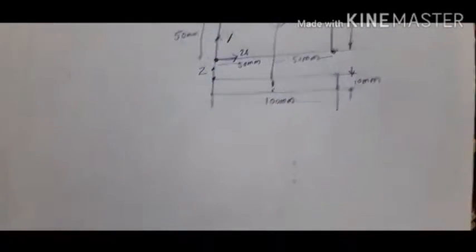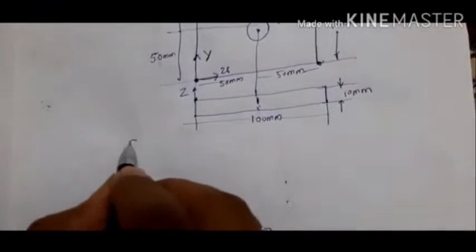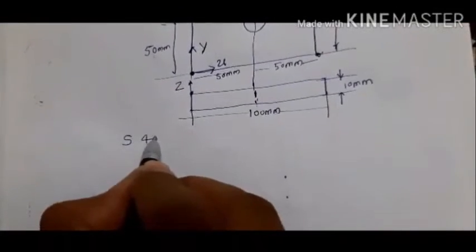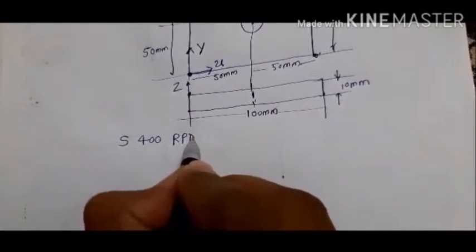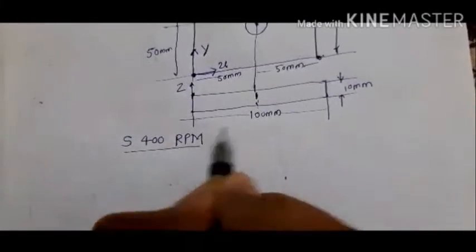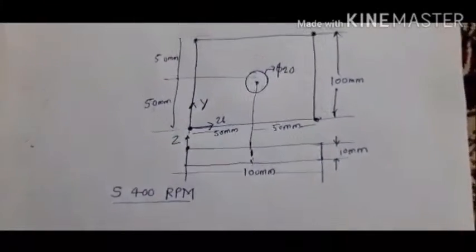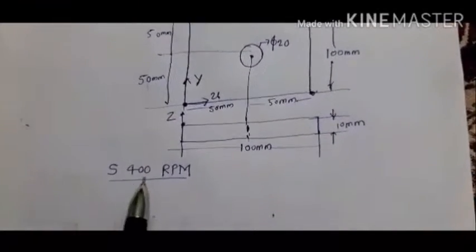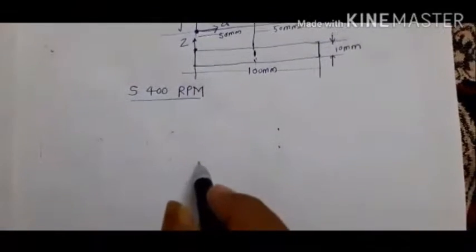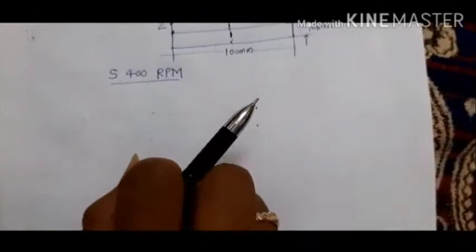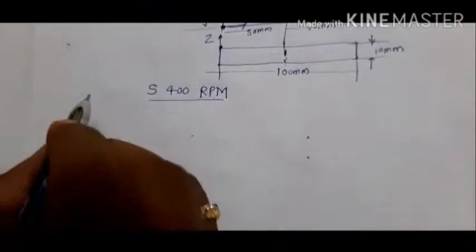Now what are the given points to us? First of all, spindle speed is given, that is 400 rpm. This is very important parameter in this. This is only given to us because we have to rotate a drilling tool by 400 rpm. So whenever we write the part program, almost there are 5 steps common at the start, that is